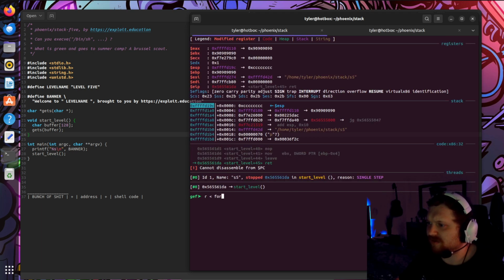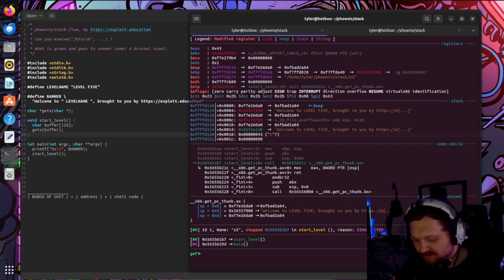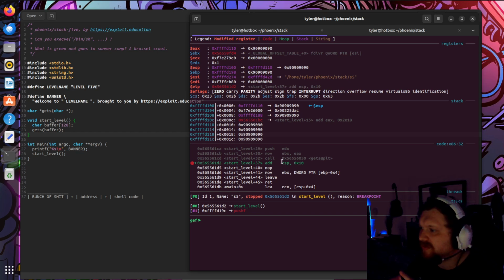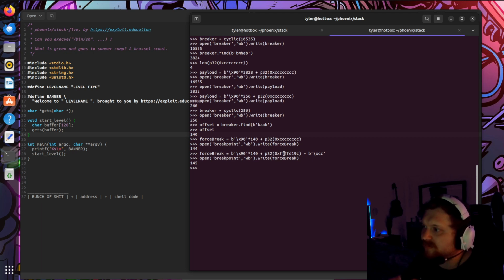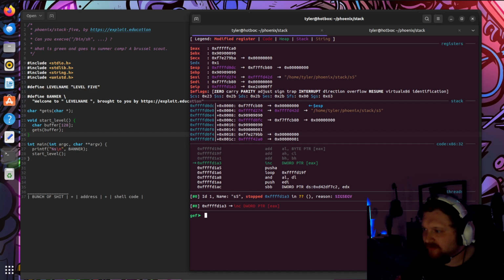So I think now what's gonna happen is it should get overflowed, see this as a new address for the next instruction, which is actually pointing to the code that we're giving it, which is actually just to break. So CC translates to like trap, sigtrap. So if I hit continue,